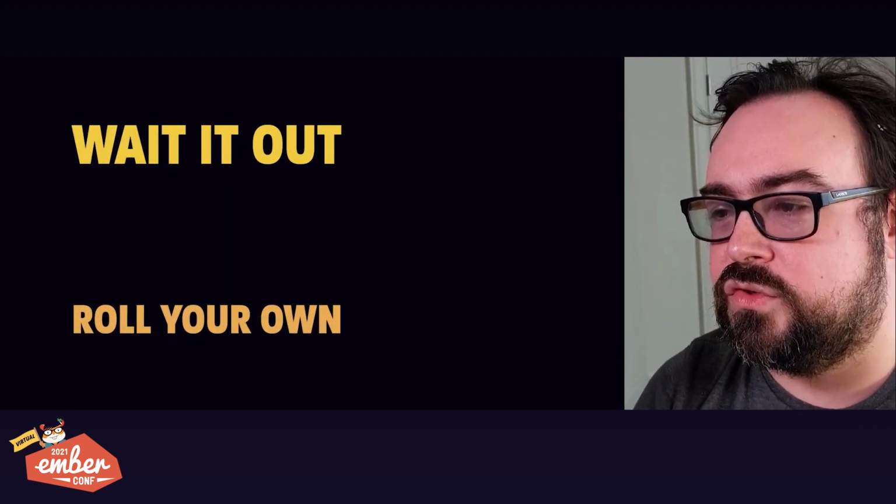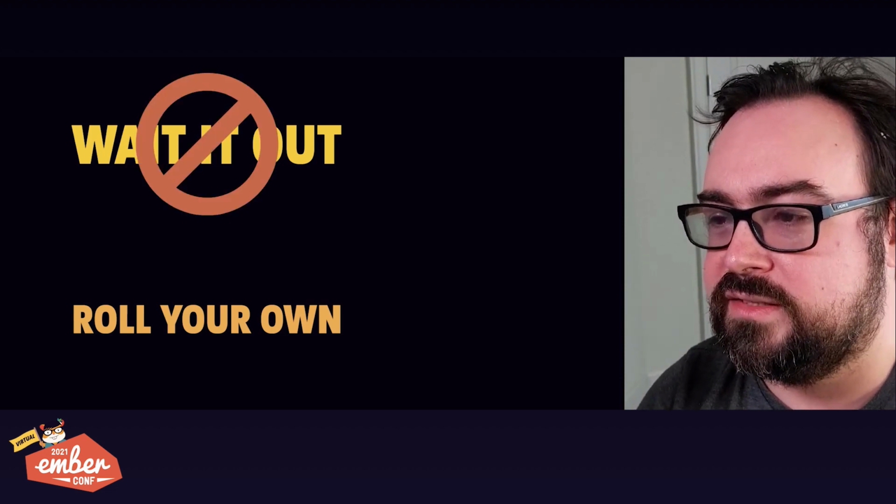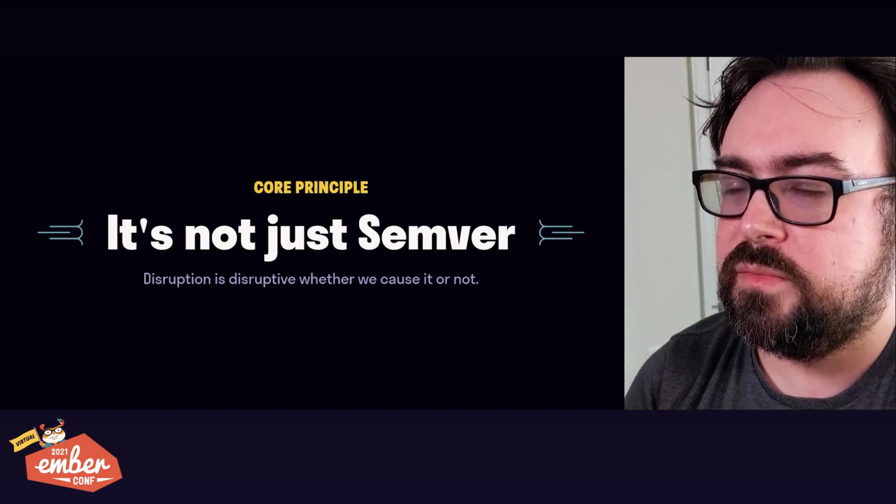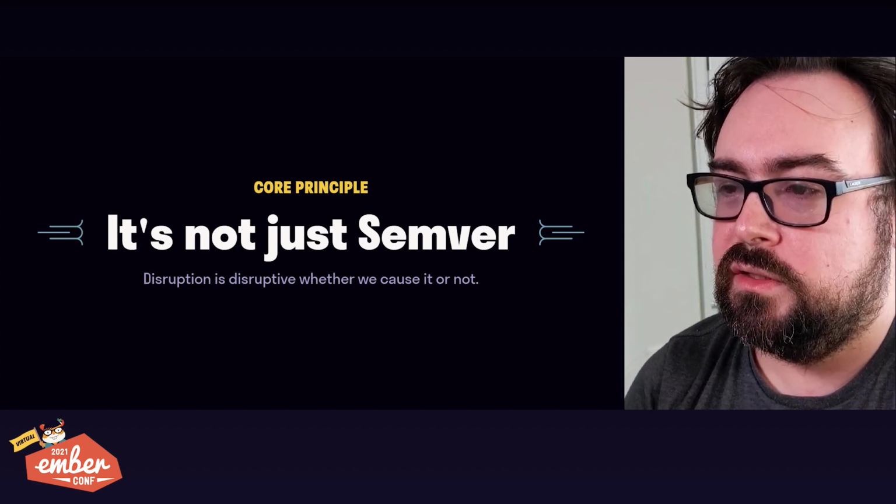We're not going to ask Ember users to wait it out until things settle down. It's not okay for Ember apps to be stuck on globals for years after everyone realizes it's a dead end. But on the other hand, rolling your own is also not okay. It's not okay for Ember applications to have to manage their own transition off of Bower, or off of Grunt, or off of whatever. But why couldn't we just say that this problem was out of scope? That it was something that Ember was just not going to handle?